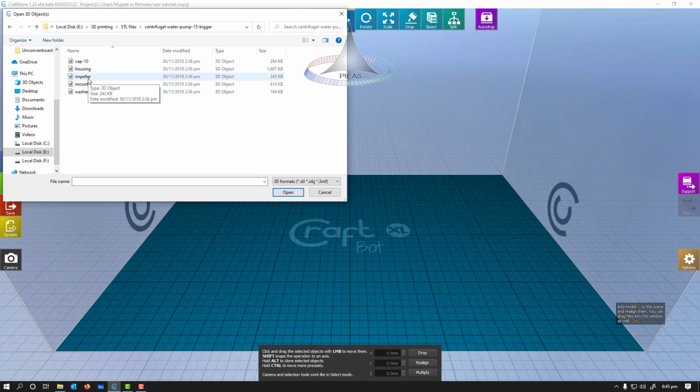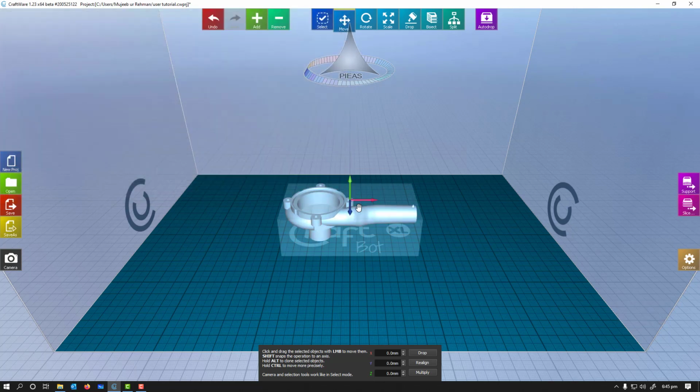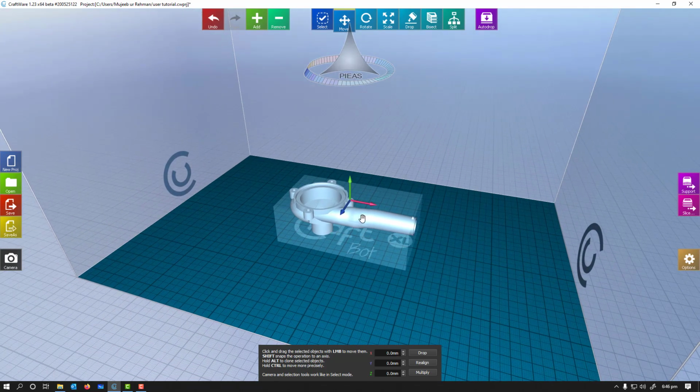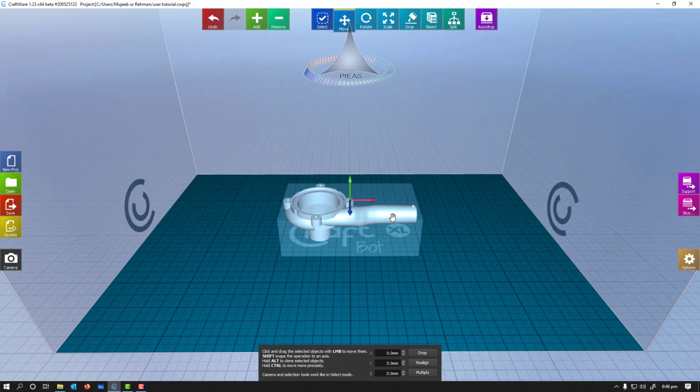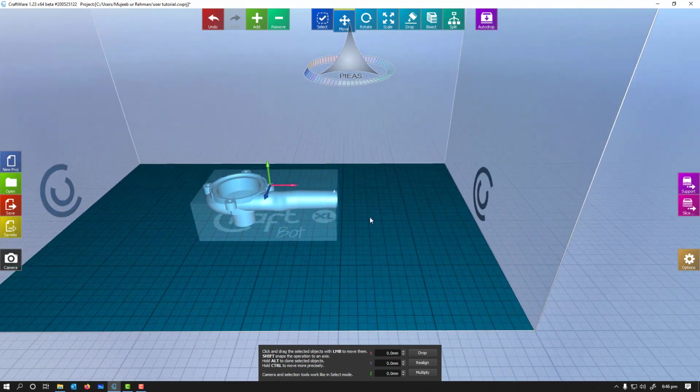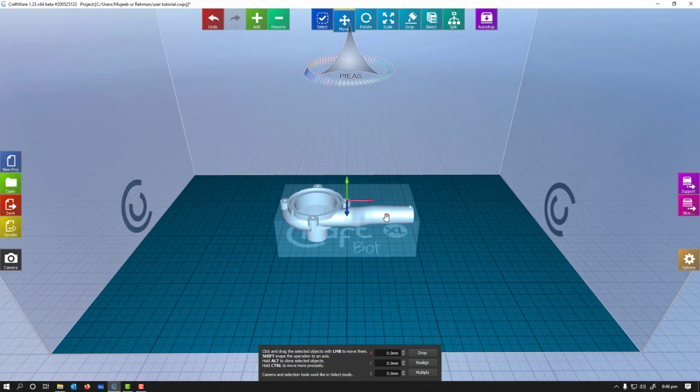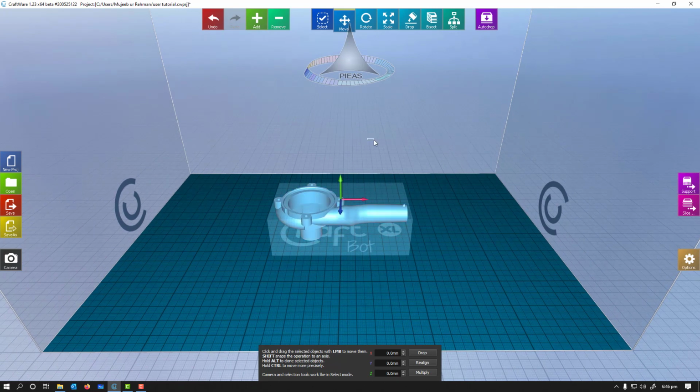First of all, if we take out the housing, I'm opening the housing. You can see here I've just added a file. You can first of all select the file by using the left click of the mouse, and you can rotate the screen by right click of the mouse, and the middle click is used to drag the screen around. Remember that.